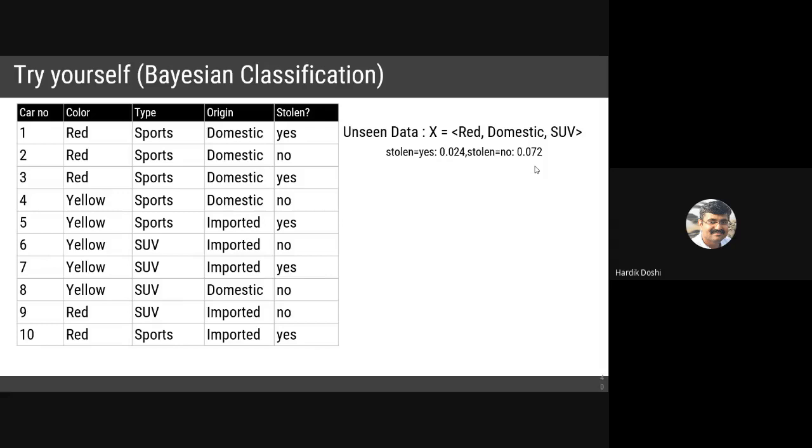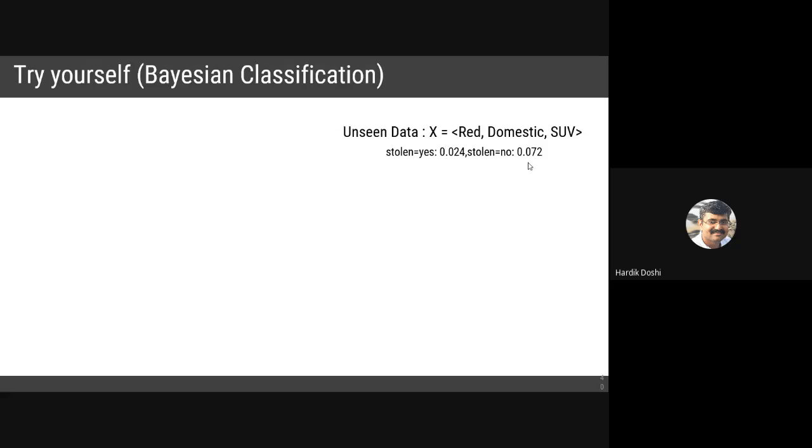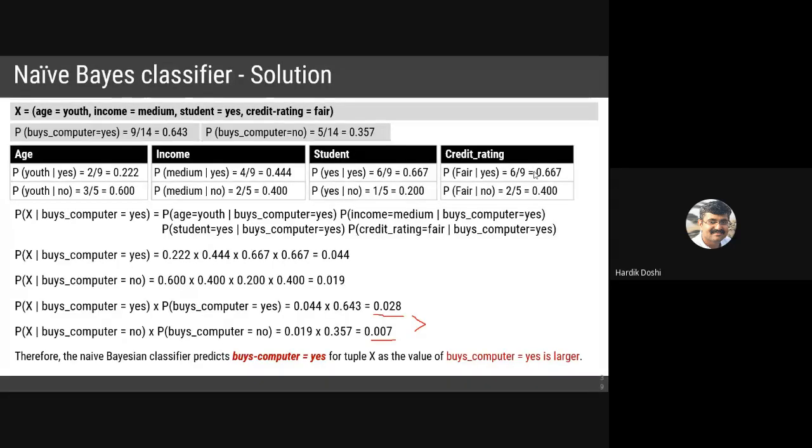Fine? Any doubts till now? So this was the second classification method. The first was decision tree, second naive Bayes. Now the third we are having is rule based, which we will not discuss today. I don't want to move at very high speed. We will be discussing it at medium pace. So today we stop here.